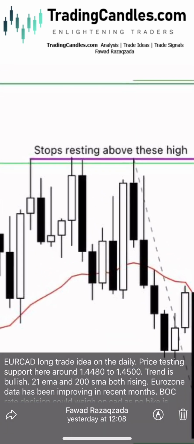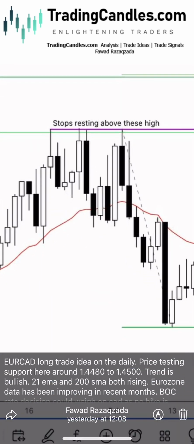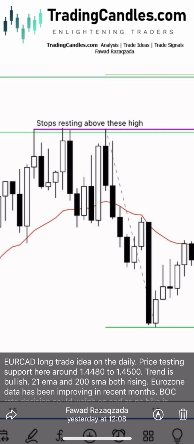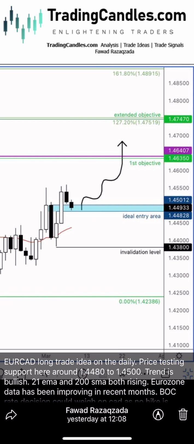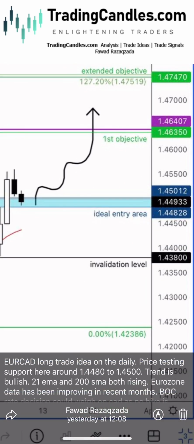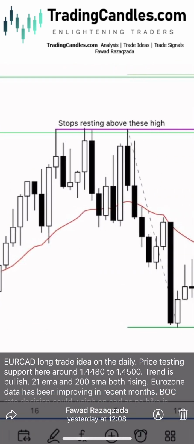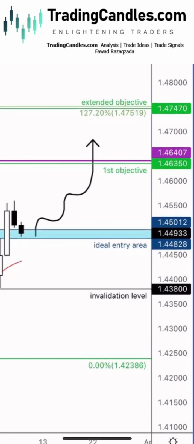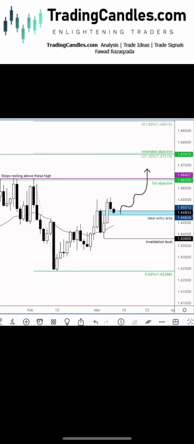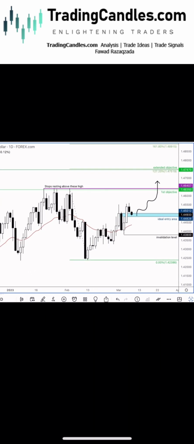here. Why did I choose that level? Well, first of all, a lot of people will have placed their stop loss orders there, people who are short this market, meaning that the market will eventually take those guys out. But I didn't want to take the risk, which is why the first objective was just below those triple highs. But the extended objective, as you can see, remains open above that area of liquidity, which I think will be